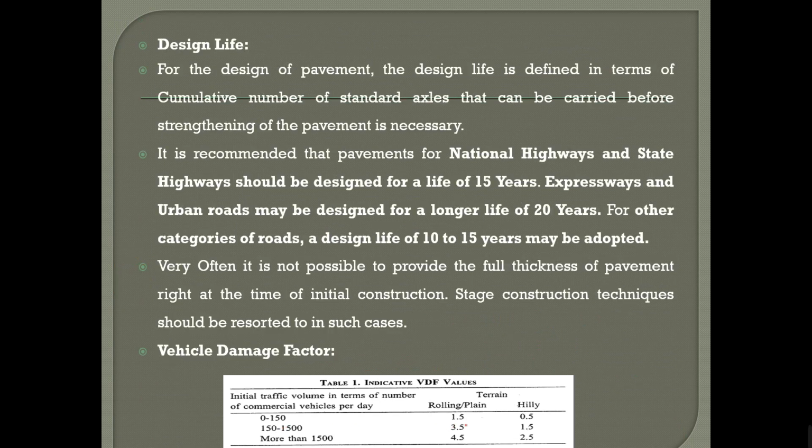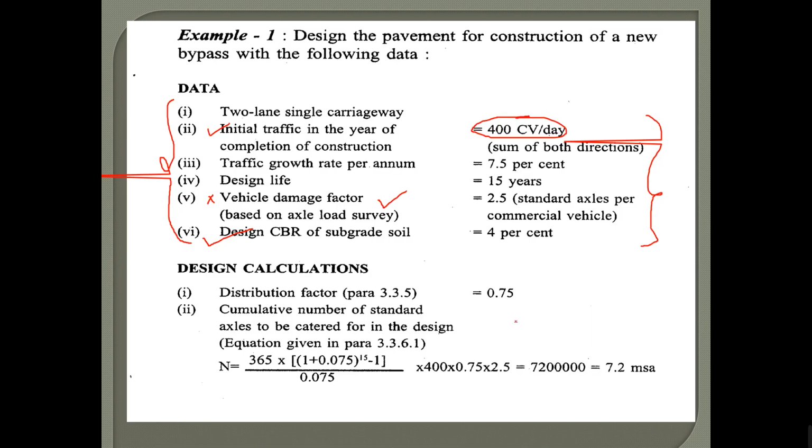Suppose the traffic is 150 CVPD, commercial vehicles per day, then the VDF value happens to be 1.5. Now the traffic is 450. If the data had not been provided for 400 commercial vehicles per day, you could have assumed it to be 3.5, but the data has already been given to us as 2.5 standard axles per commercial vehicle. VDF is nothing but the multiplier